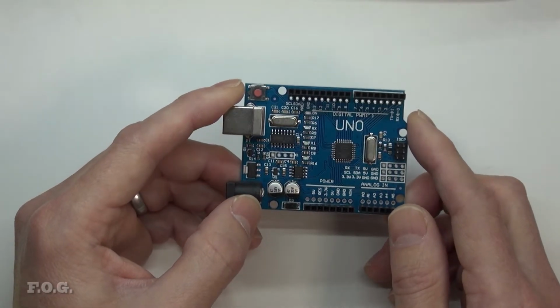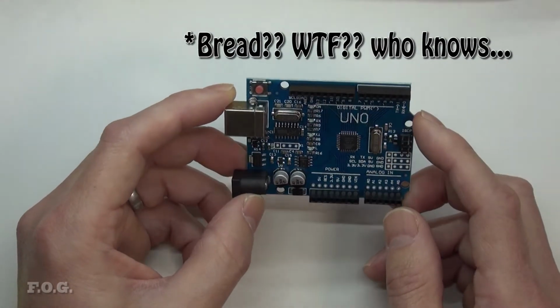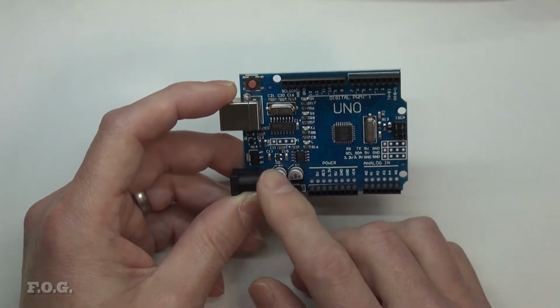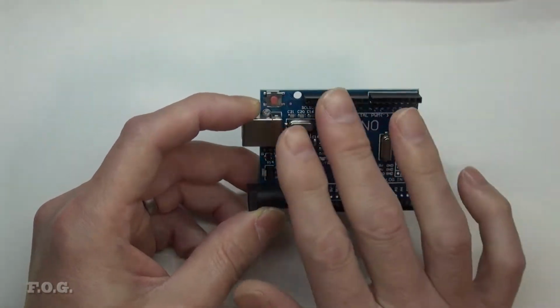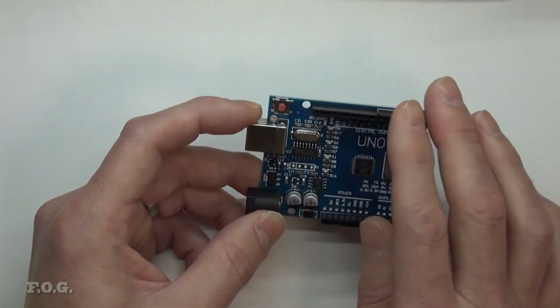It's really the bread of microcontrollers in my mind anyway. And this board is great because it can accept external voltages straight off the bat. It has internal regulators. It has all of these headers, which are great for quickly accessing and connecting to a breadboard or any configuration. There are a number of different shields that you can just plug straight in here and